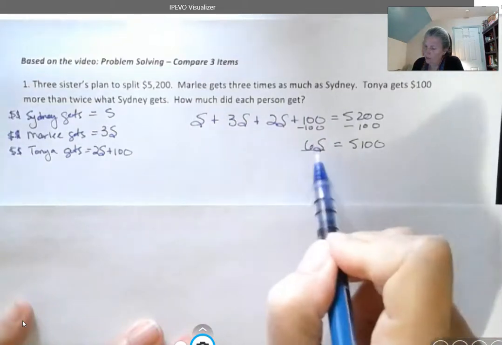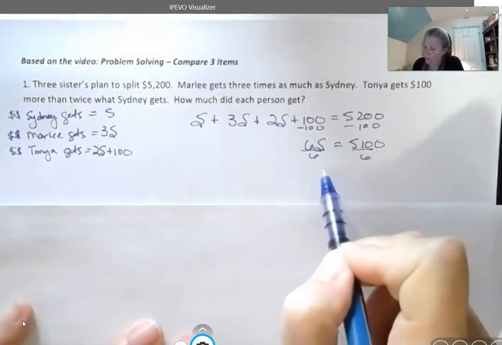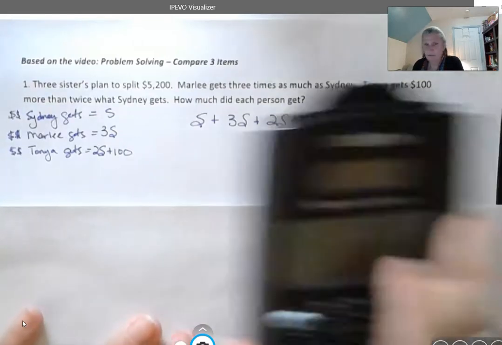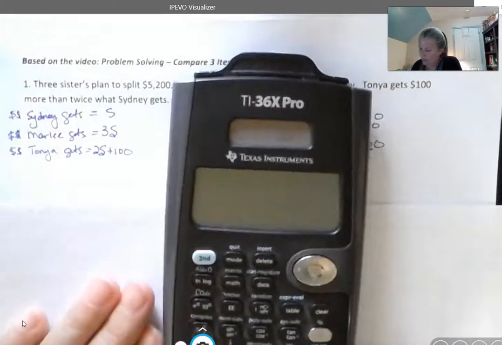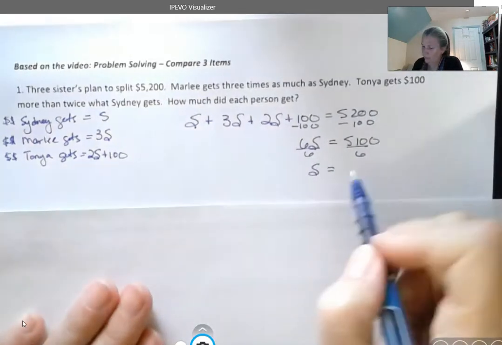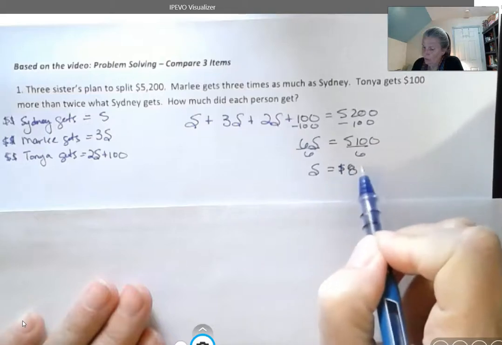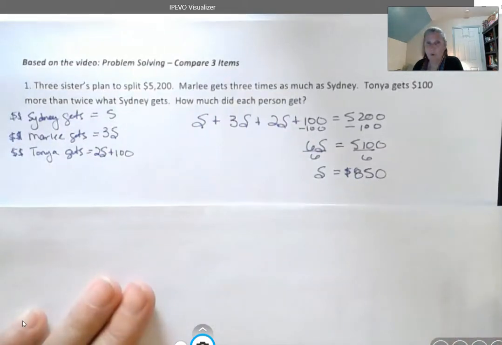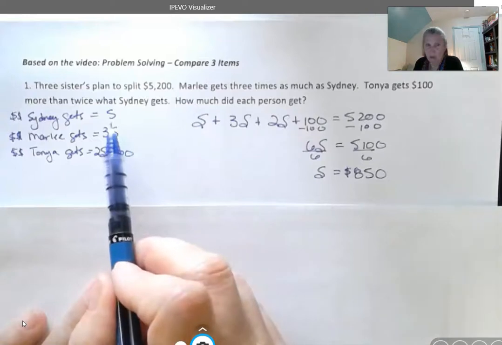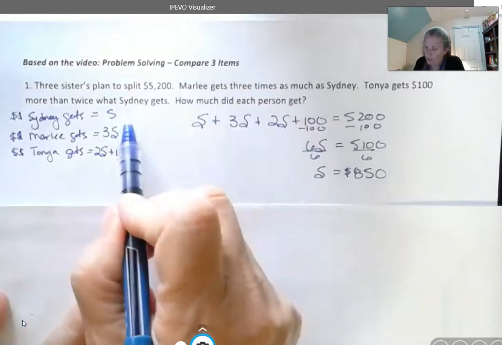And then I'm going to divide both sides by 6. And that's going to give me 850. If you're not positive, then turn your calculator on and check it. 5,100 divided by 6 is 850. So this $850 represents what? Well, it represents what Sydney's going to make because Sydney was our base variable S. So Sydney gets